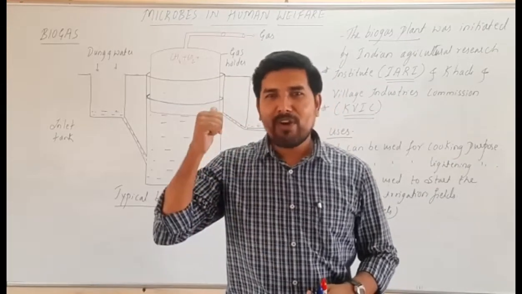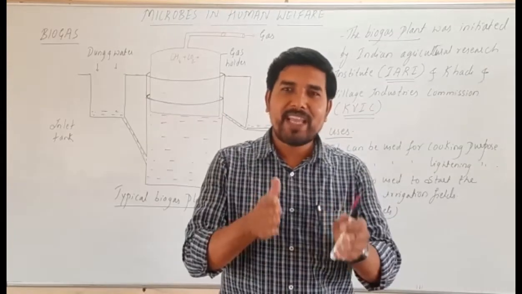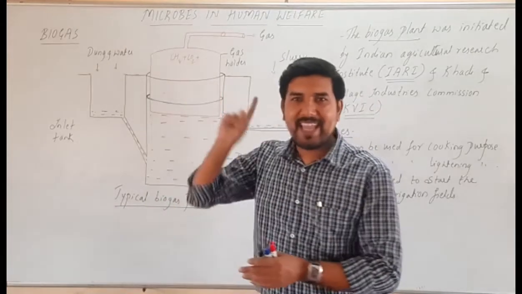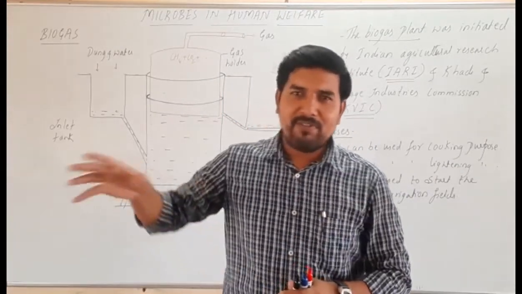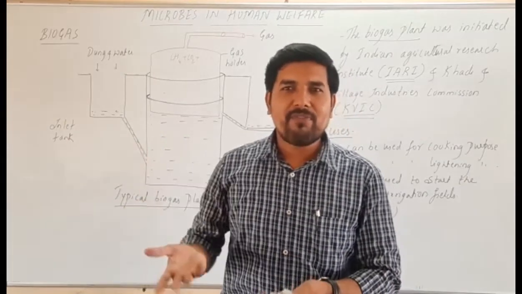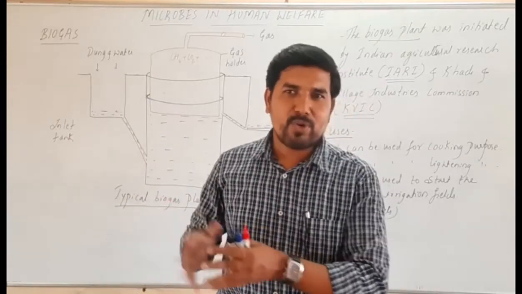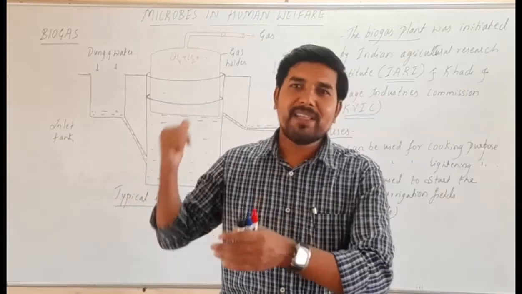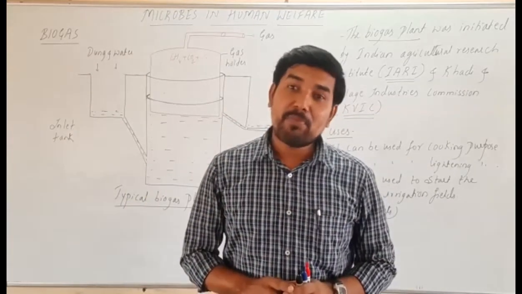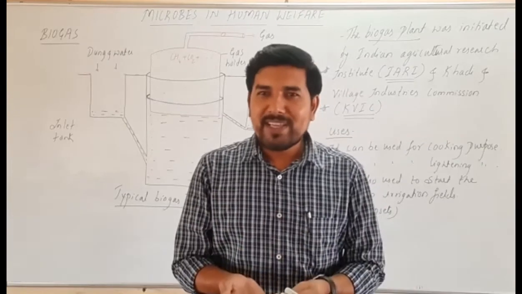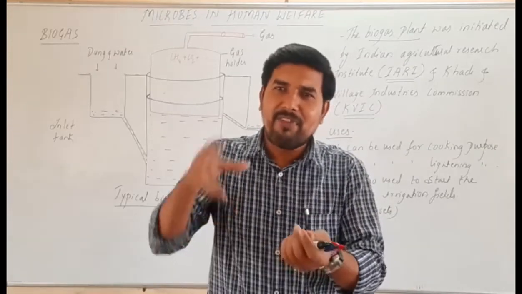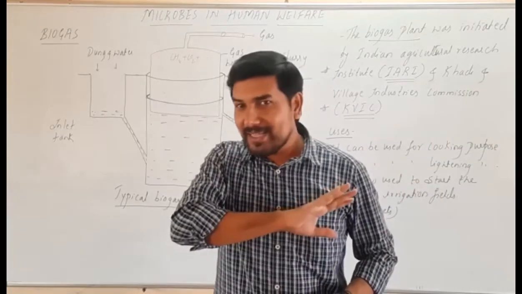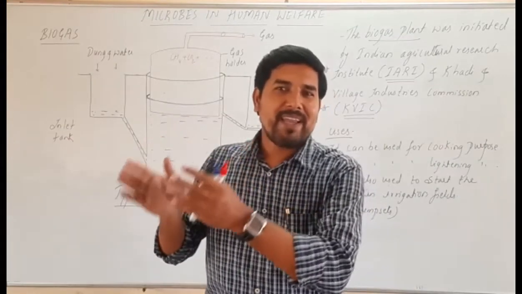But what is the negativity of the biogas? The negativity is it can be used only in the rural areas. The biogas which is produced here can be used by only one family, a set of 5 or 6 members, because in the village, if you go to a home, a minimum of 5 to 6 members will be there, even more than that. So for one family the biogas can be used, and it cannot be commercially exploited. That means if you think that we can produce a lot of biogas, fill it into a tank, then sell it, market it, no, it is not possible, because this is not produced in such a large quantity. That's why it can be used by a single family.